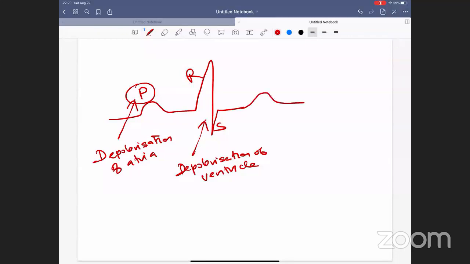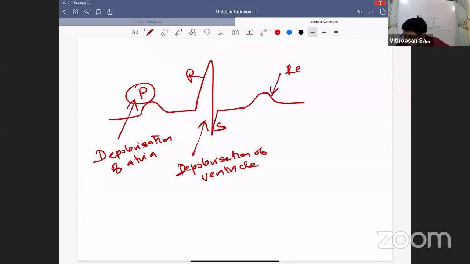Then your heart is coming back to normal. This is called repolarization. This is your PQRS, and this is your T wave. This is the repolarization of the ventricle. That's what is meant by the T wave. Clear? Now remember, guys,